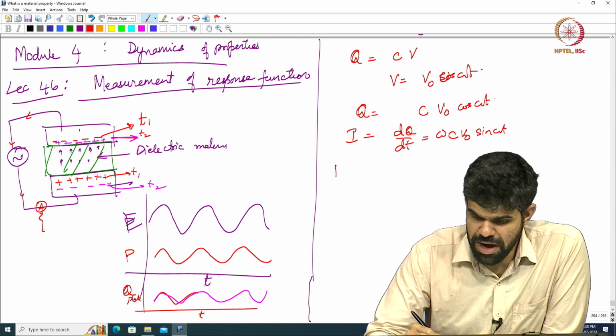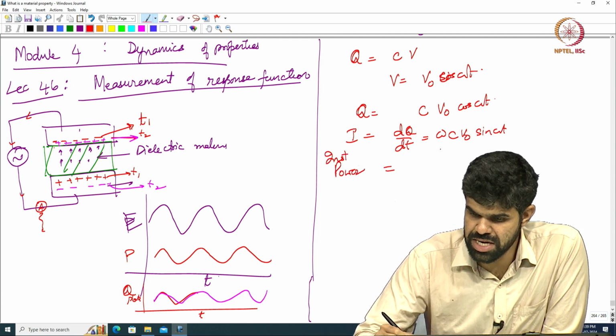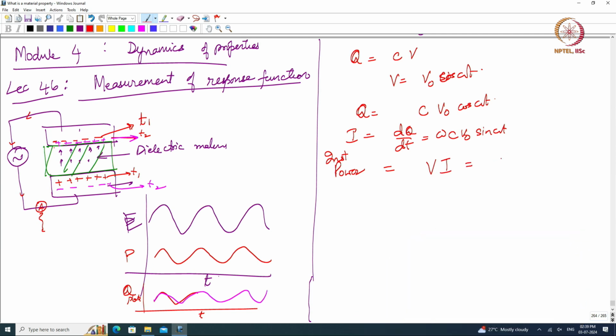Then the instantaneous power is just V times I, which is equal to C V naught square omega cos omega t sin omega t, in a capacitor, in this dielectric material. This is an ideal dielectric material. And although I have I and V, the VI product is this quantity, and if I look at the average power